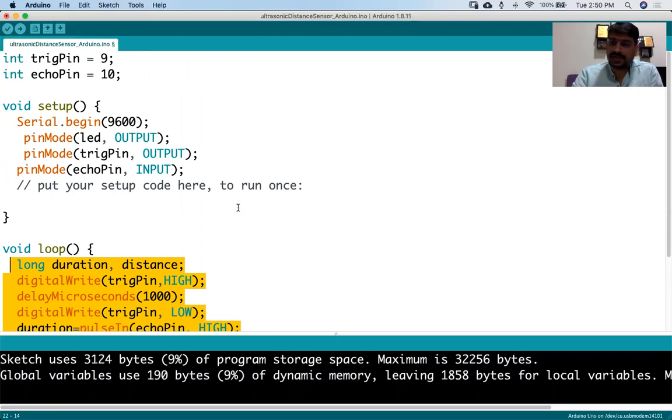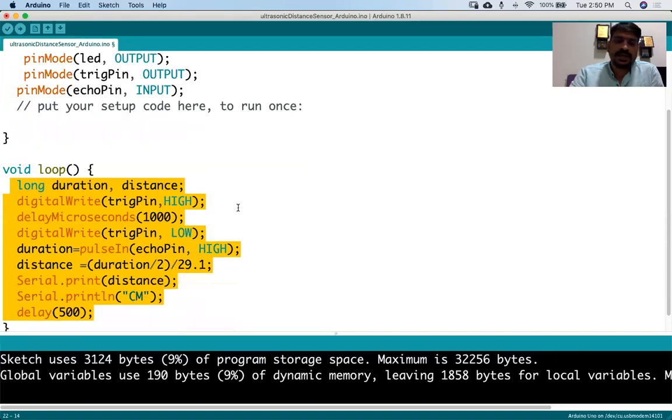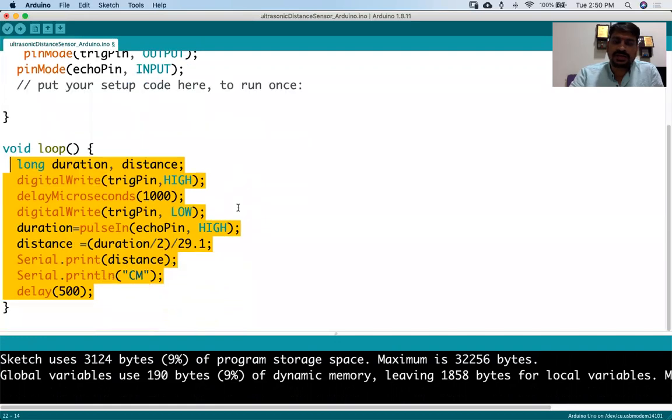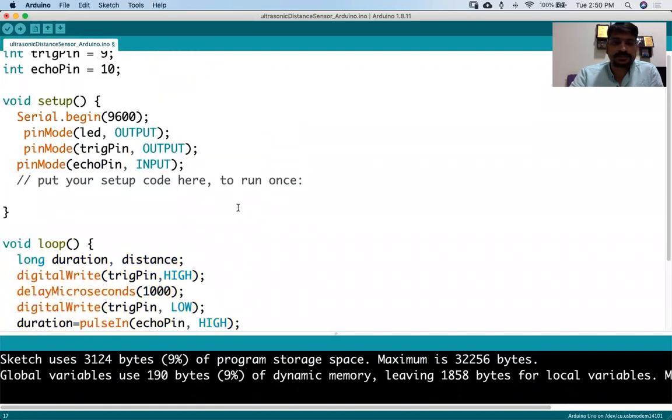And in the device, as I told you, we have the special type of microcontroller which will convert the high level language to the assembly code, which is the low level language, so that this hardware can understand. So the code will be converted here, and that is the significance of loop.